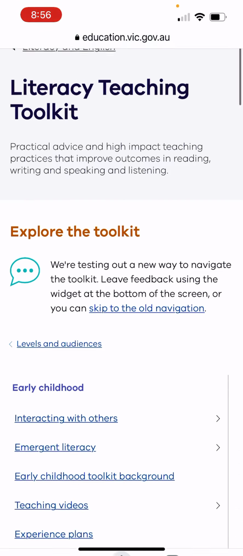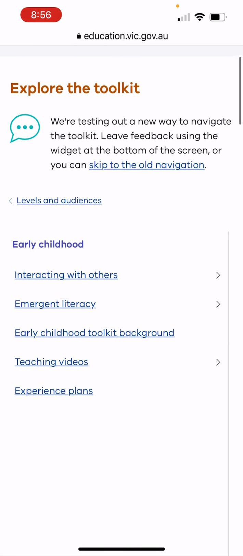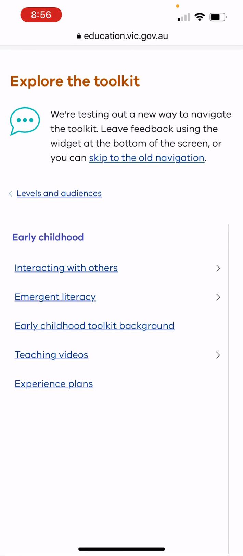As you know, Storykate is very passionate about emerging literacy, telling stories, and anything to do with reading and performing drama and just learning language as well. So this toolkit is an amazing tool, and as you can see, I'm focusing on early childhood here. So you can find this toolkit on